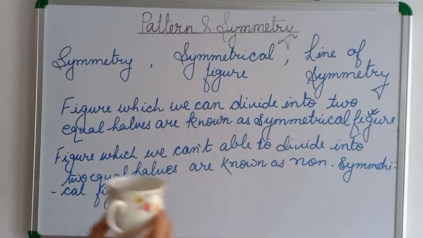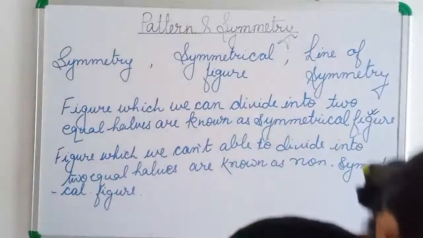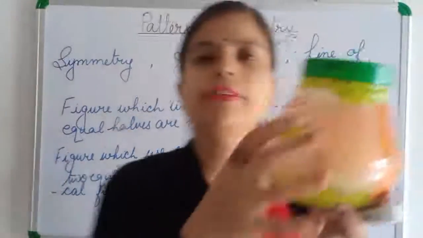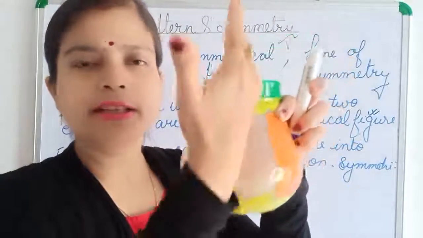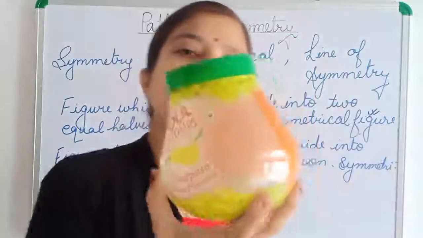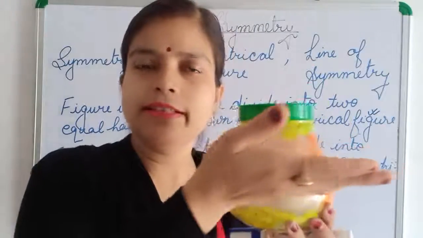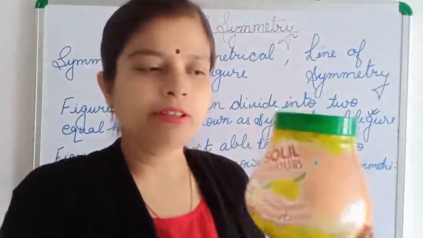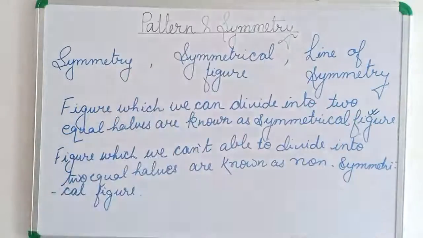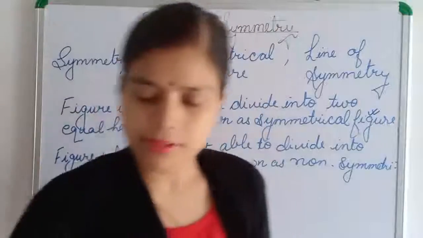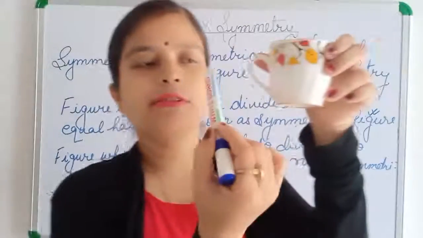So here you see one more example. This we can divide into two equal halves from this direction. From this line we can divide this shape into two equal halves, but we can't divide from this line. We can divide through this line. So this is the symmetrical figure, but in the cup you can see we can't divide